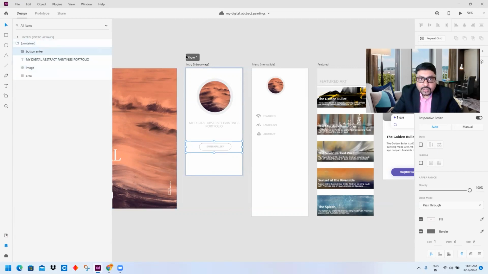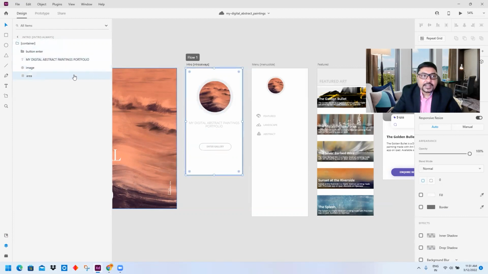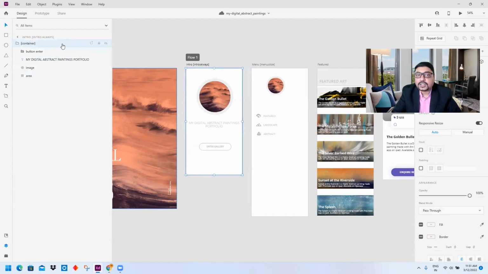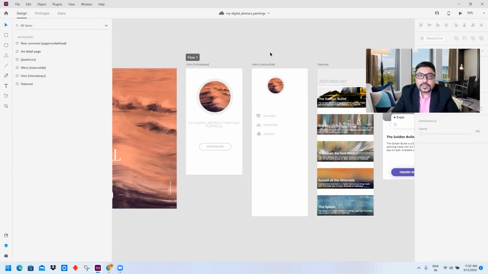And after this, I will group the entire stuff, all the things together, button, the text, the image, the area, all together as a container. This is what Bravo Studio will understand, that this is a container which contains various elements like text, images, buttons, all these things together. Okay.